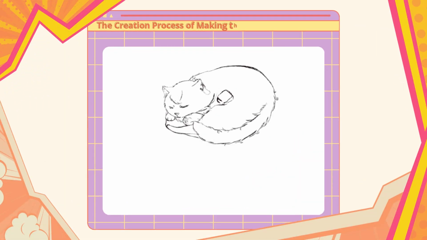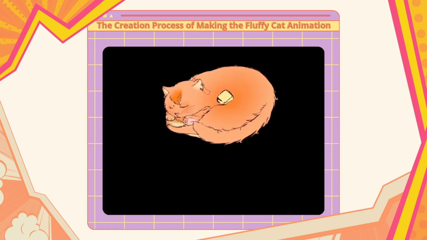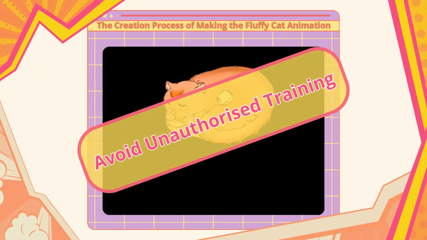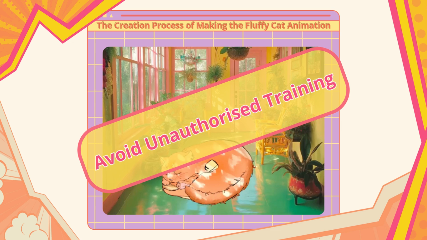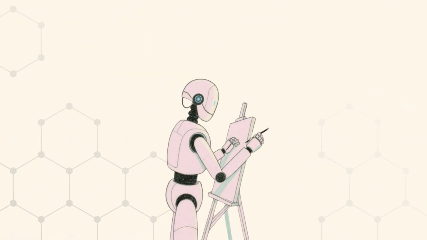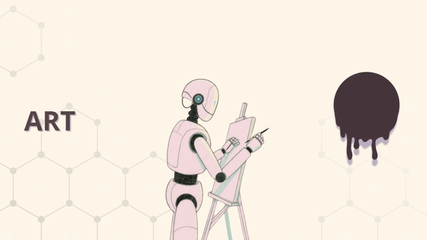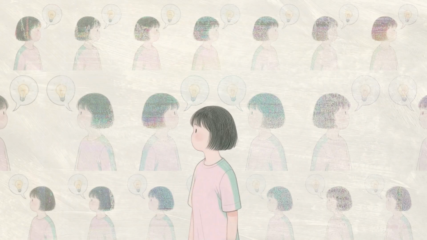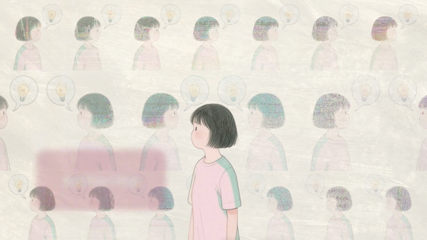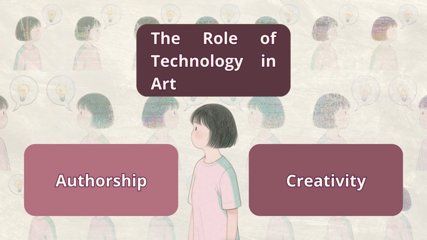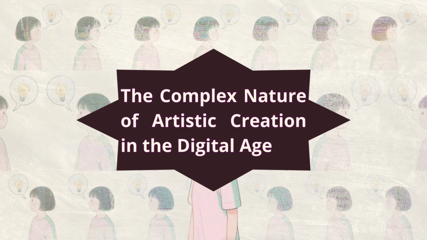cannot be overlooked. It is a well-established fact that AI-generated art often relies on the reinterpretation of others' works. The ethical implications are significant. It is important to avoid using unauthorized works to train the AI model, as this infringes on the rights of original creators. The question of whether AI art is truly art or merely a melting pot of existing works doesn't have a definitive answer at this moment. It varies based on individual perspectives on authorship, creativity, and the role of technology in art. Each viewpoint brings its own set of values and interpretations, reflecting the complex nature of artistic creation in the digital